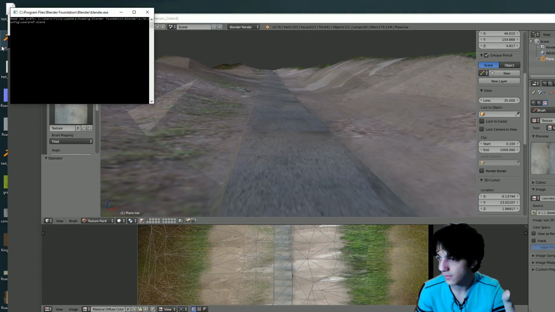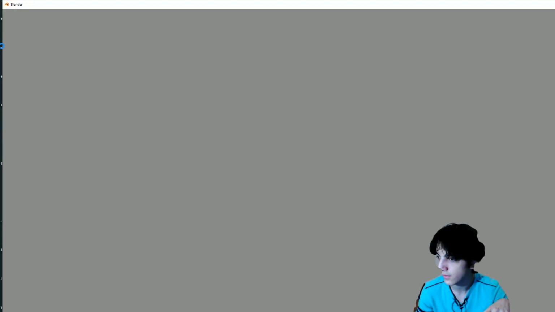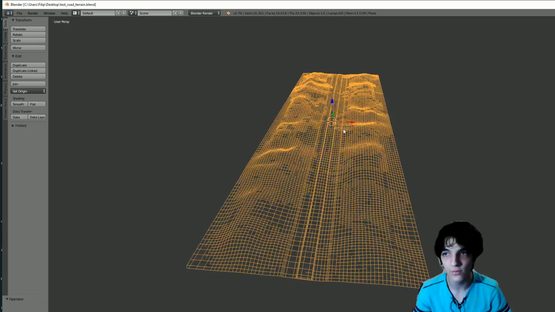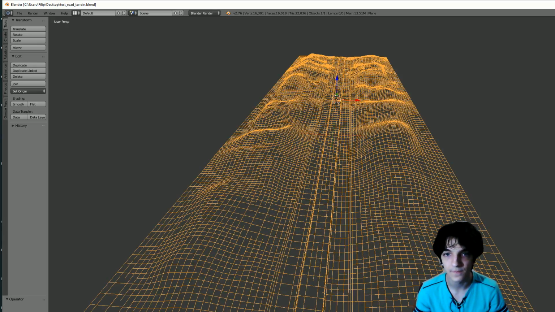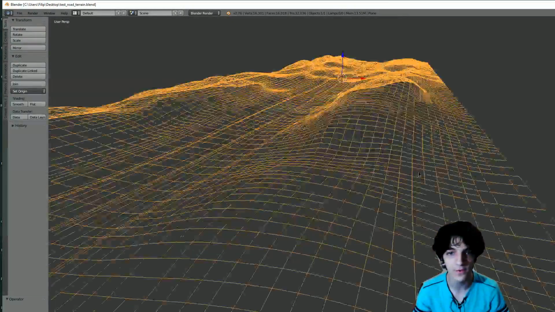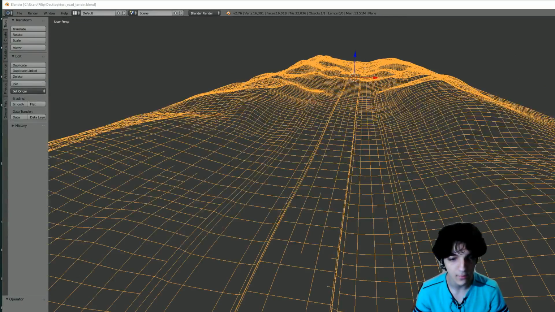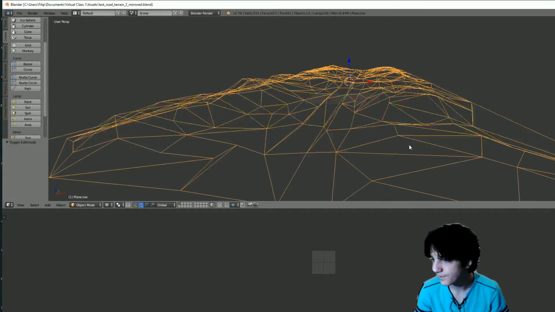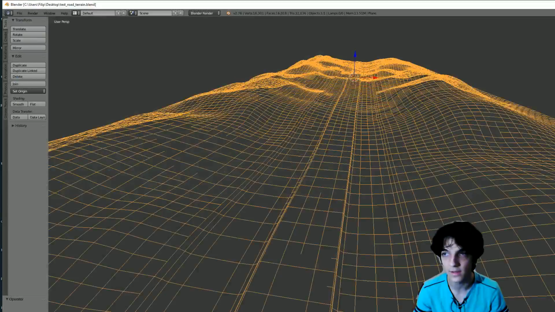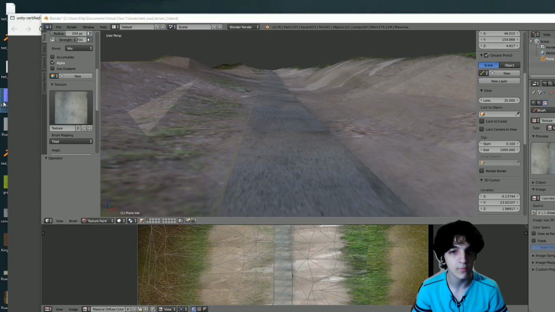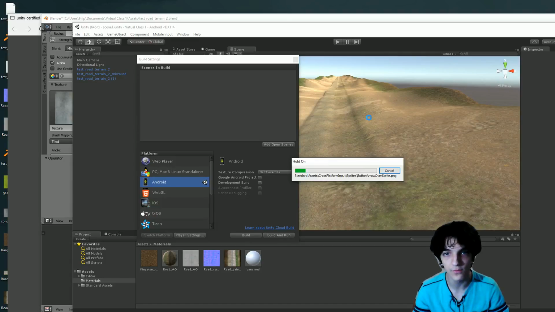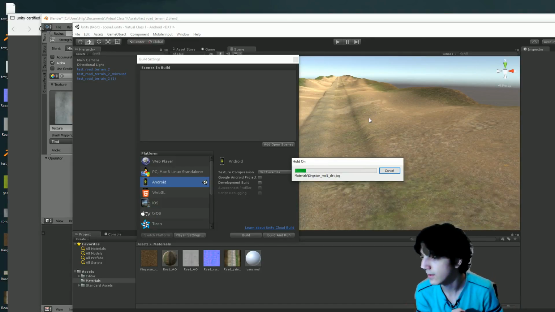So I'm going to open this up again, just to show some of you that are just coming in a little late here. What we've been doing a little bit earlier was these high detail to low detail projections. So this is a very, very high detail terrain. What we ended up doing was converting it into a low detail by decimating it. And upon decimating it, we baked the normal map. And that normal map allows us to have these beautiful details here that you see in Unity now. Even though this terrain is only about 1,000